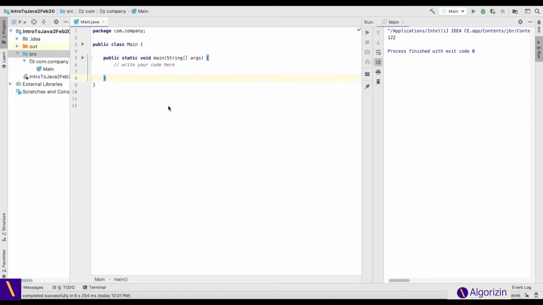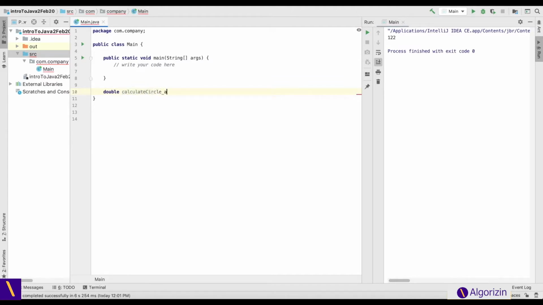So now that we've seen how we can write a method, let's actually write it in IntelliJ and run it and see how it works. So first we would write the method for calculating the area of a circle. And if you remember, the area of a circle will have a return type. A return type would be double. So we write that first, and then we write the name of the method, which is calculate